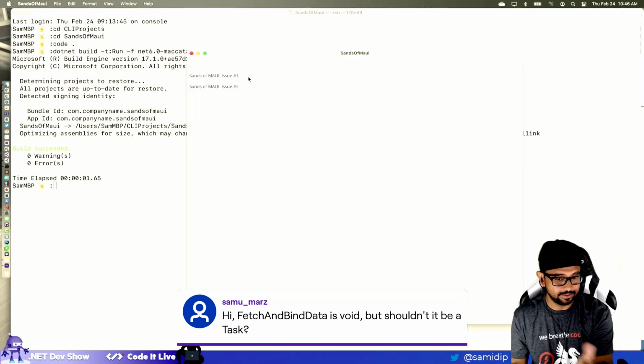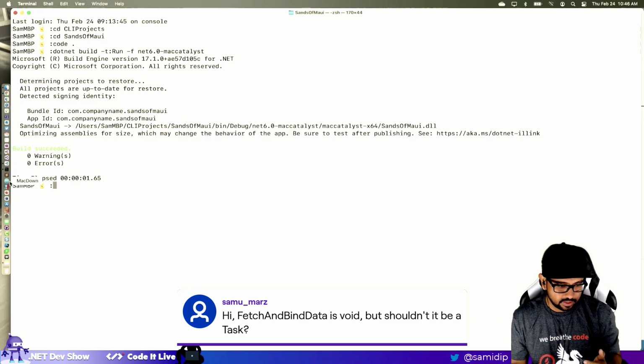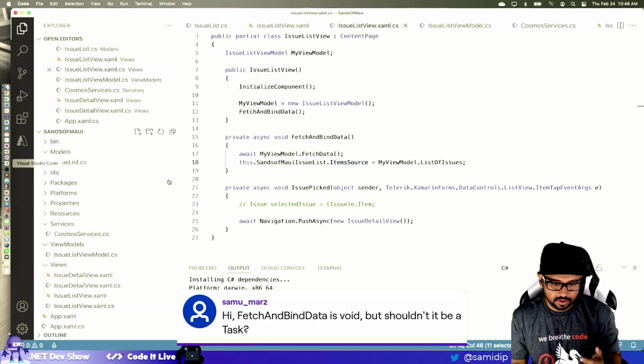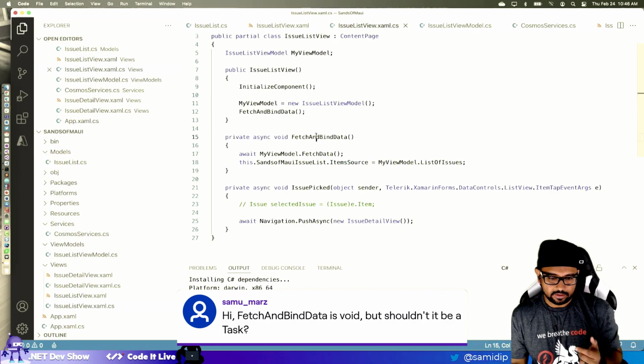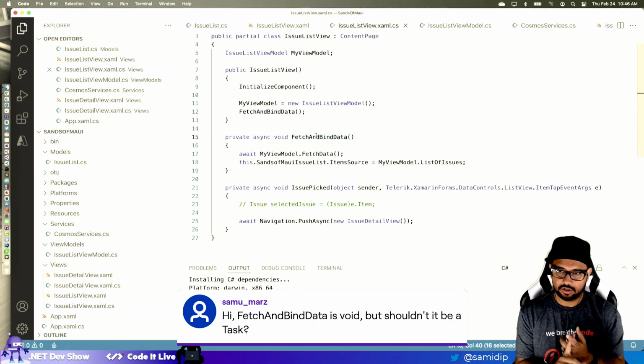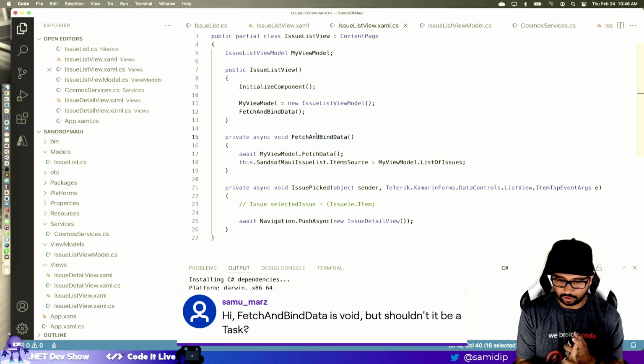By the way, you see the list view now, it is pulling back those two things. So it probably blinked for a second, because while it was making the cloud call, it was blank, and that's where I'll throw up a busy indicator. But you can see it's working. So this one here, I thought about this, Samu Mars, whether it should be returning a task or not, but I think I'm okay here, because here's the reason why.